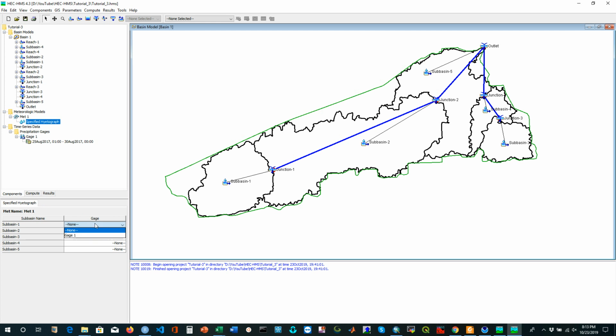So if you click here, yeah, you have to specify gauge 1 for sub-basin 1. If you have different gauges for different sub-basins, you have to create different time series. I will also show this type of thing in the later tutorials. For this case, I'm assuming that since the total basin area, the model area, is not too large, I can use the one precipitation gauge for every sub-basin, assuming that the precipitation is uniform over this basin. So I'm selecting the same gauge for all the sub-watersheds,